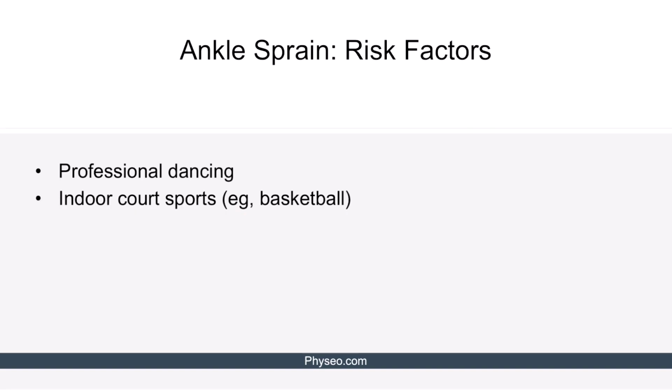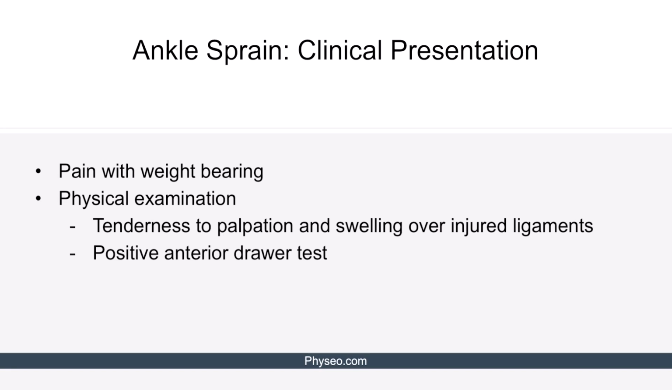the foot. The risk factors for ankle sprains are mostly related to physical activities that predispose individuals to the aforementioned mechanisms of injury. Examples of such activities would be professional dancing and indoor court sports, such as basketball. Patients who sustain an ankle sprain typically present to a clinician with a chief complaint of pain with weight bearing on the affected leg. Physical examination usually reveals tenderness to palpation and swelling over the injured ligaments and potentially a positive anterior drawer test, which is a special test of the ankle that is similar to the anterior drawer test